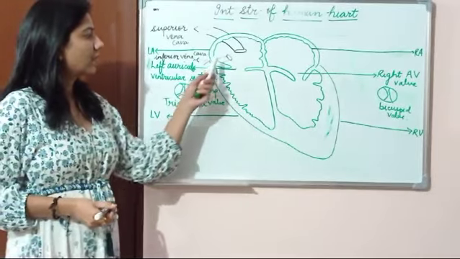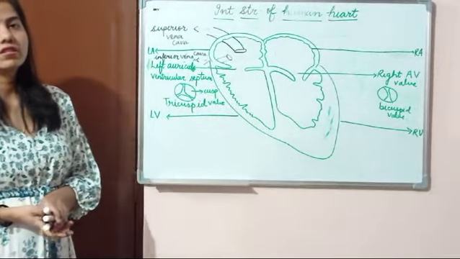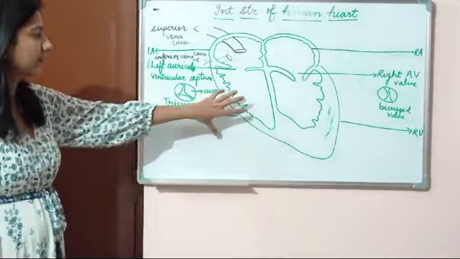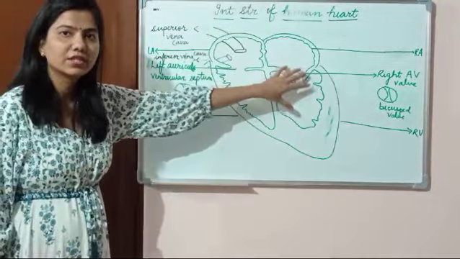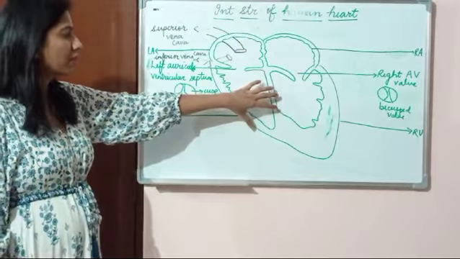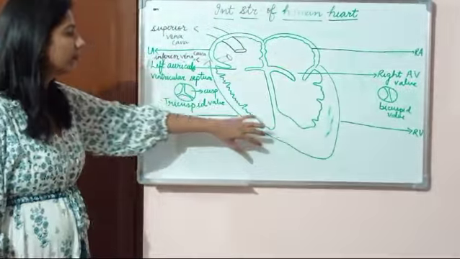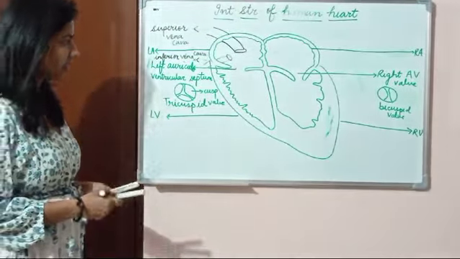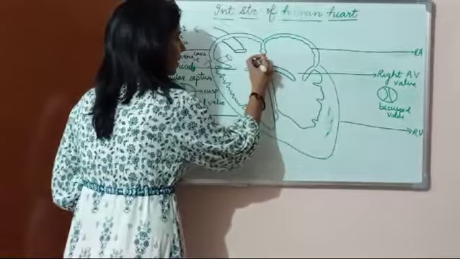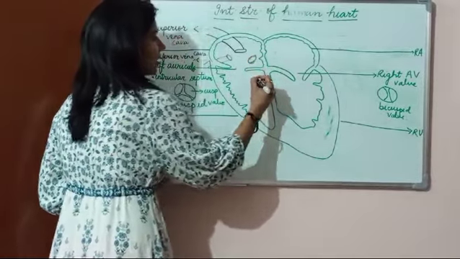Now there is also a blood vessel that collects the deoxygenated blood from the walls of the heart. The wall of the heart is also using and consuming oxygen. So there should be one vein that collects deoxygenated blood from the muscles of the heart, and that is known as the coronary vein, and it brings the blood here. Its opening is here. So this is